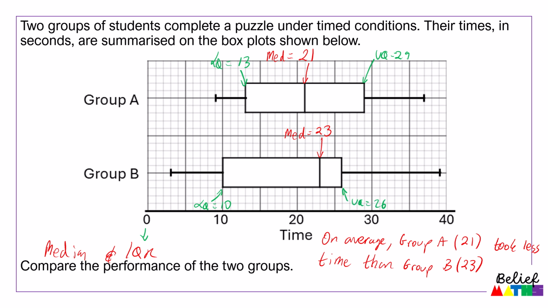So for group A, the interquartile range is 29 minus 13, which is 16. And in the second group, the interquartile range is 26 minus 10, which is also 16. So they've got the same interquartile range. So then we would say, for interquartile range, I'll write it over here on the left, we would say group A, and then we can put 16 in brackets, and group B, 16, scored equally,